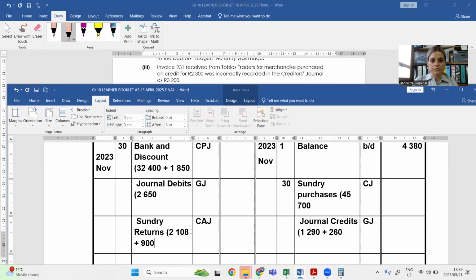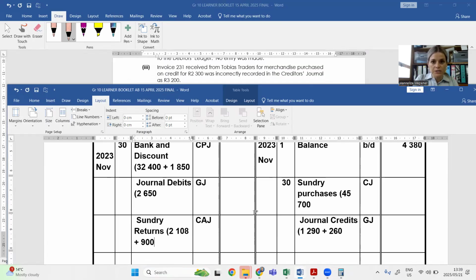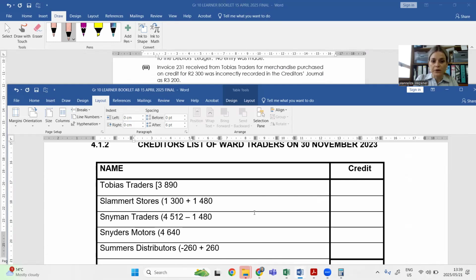I then posted this to my general ledger, which means that I also have to go to my creditors ledger and show that I actually don't owe him that 900 Rand, because I only purchased goods for